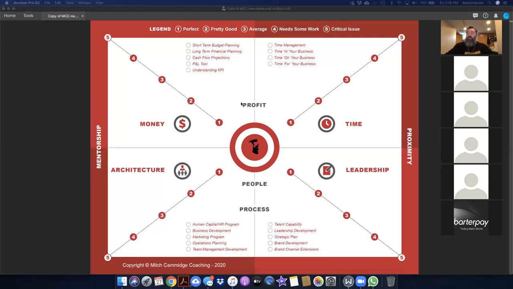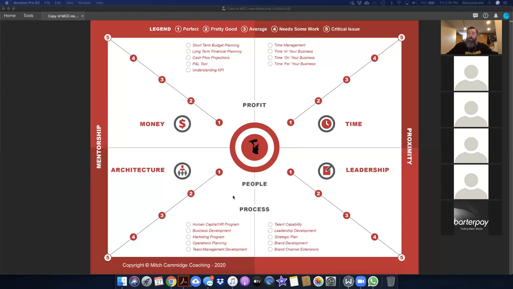So the money and time components are at the top half of the page. What is the profit center of the business? The money being the fiscal, financial, and cash flow perspective. Time being the largest depreciating asset we have in business. We have 86,400 seconds on any given day. We can either beg, borrow, steal, leverage, or else take them from any other place and put them in. So our profit center of our business is the money and time, the top half of the sheet, and we either have it or we don't. And how do we preserve it, leverage it, or make it work the absolute best that we can?